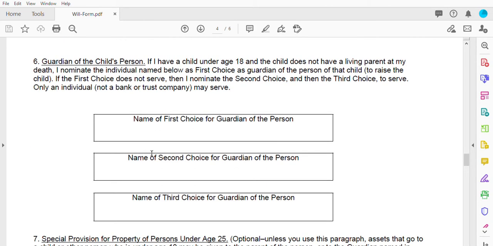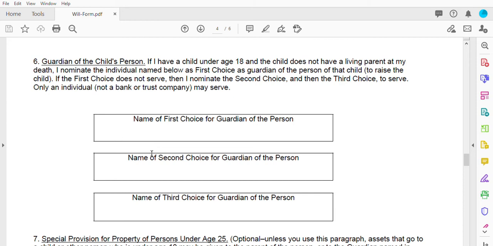Okay, here comes the important part, I think, for most of you, which is your nominated guardians for your children. Again, you see you want to nominate several layers of people to the extent you can. So there's two different types of guardian. There's guardian of the child's person, and there's guardian of the child's estate. Guardian of the child's estate is what I consider the CFO. It's the person that handles the child's financial and property issues. And then you have someone designated to handle just like the day-to-day care of the child,